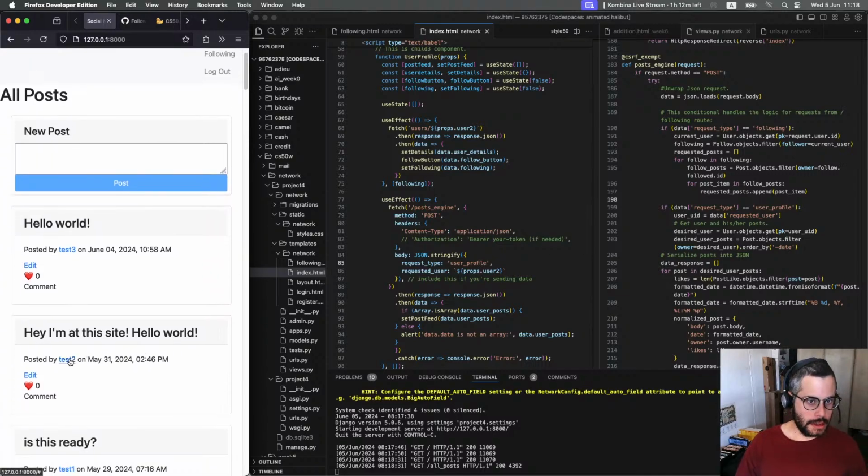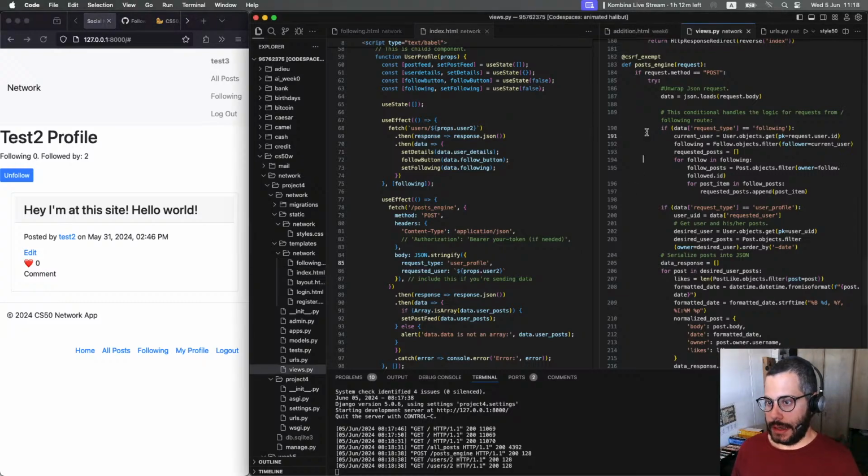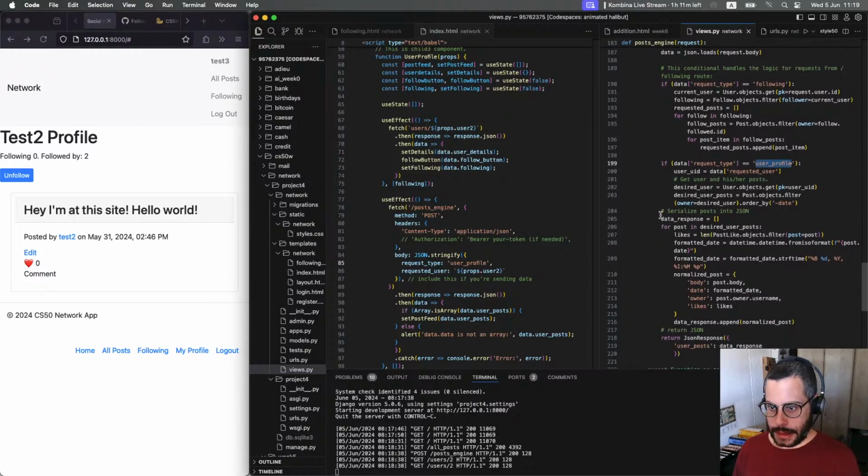Yeah, so our post is working again. And if we click on here, test2 profile, yeah, this is working nicely. And what's cool about this is going into our post engine route, all we had to do was write a little bit of logic here to decide how we're going to obtain those posts. And it's all based on request type. So if it's following, we have a logic. If it's a user profile, which this is, then we have a different logic. And then in the end, after we get those posts, we want to serialize them